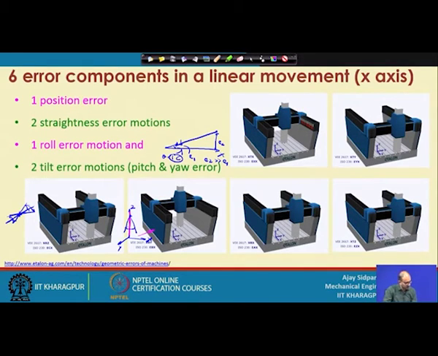So, in this condition, for all this rotational error, the movement is very small if it is very close, but if it is very far away from there, then it is very high. That is called Abbe error, which we mostly find in the vernier caliper. So, this is about the movement in the linear direction. Right now, we are talking about linear direction.